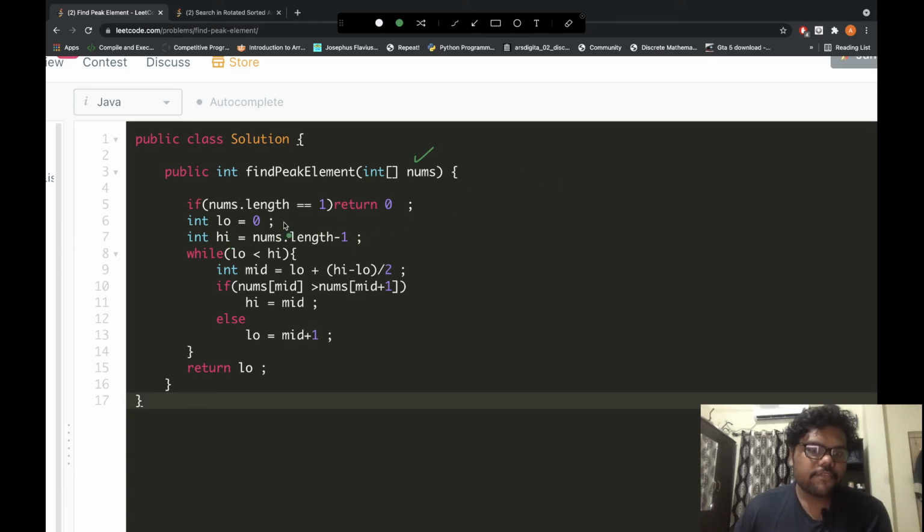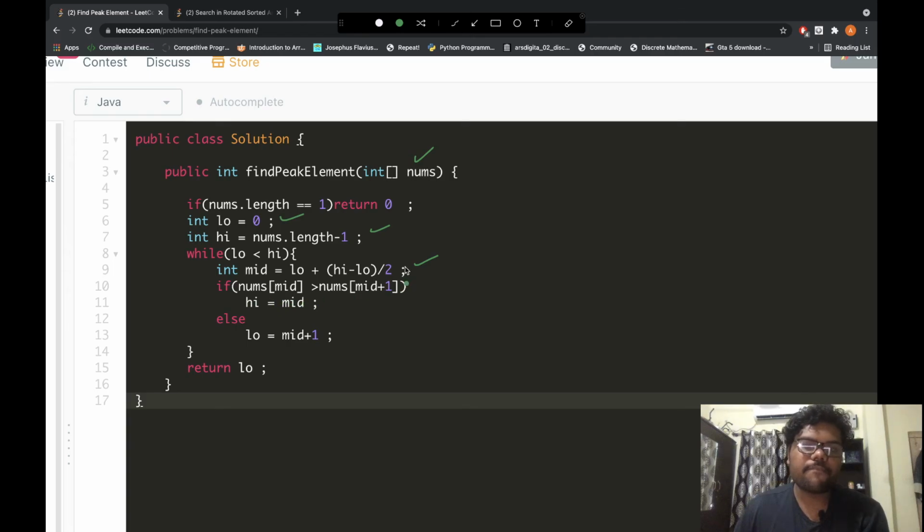So first, like any binary search code, we are finding low, we are finding high, and while low is less than high, we'll run our loop. We are finding mid, and this is our predicate.